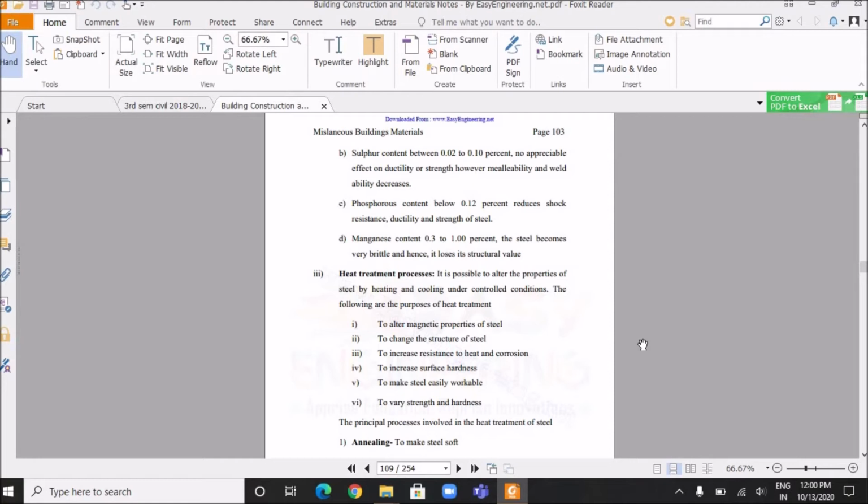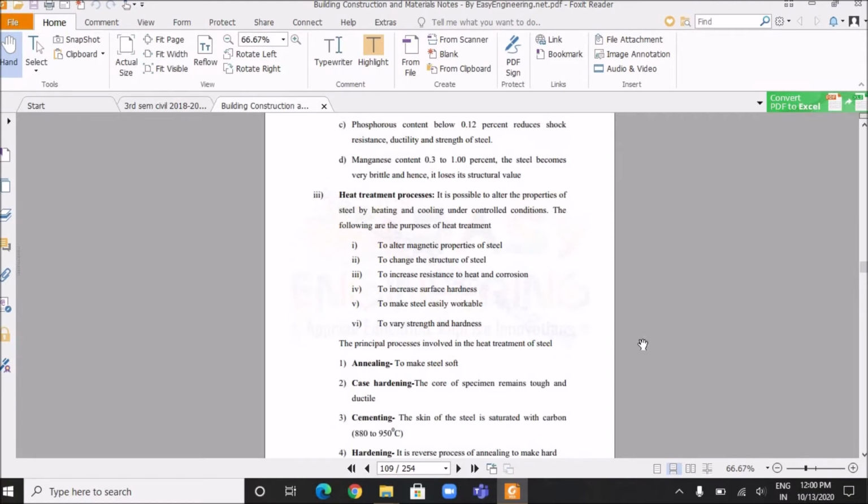Next property is heat treatment processes. It is possible to alter the properties of steel by heating and cooling under controlled conditions. The following are the purposes of heat treatment: to alter magnetic properties of steel, to change the structure of steel, to increase resistance to heat and corrosion, to increase surface hardness, to make steel easily workable, to vary strength and hardness. The principal processes involved in the heat treatment of steel are